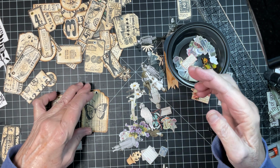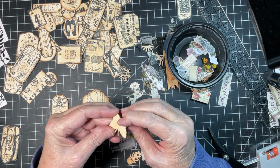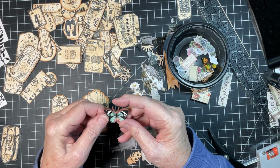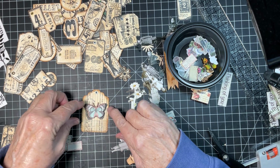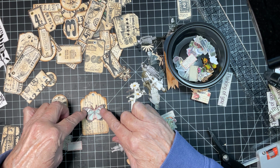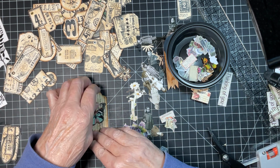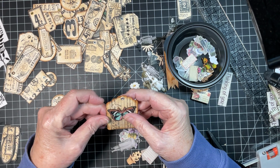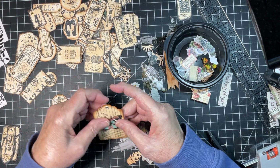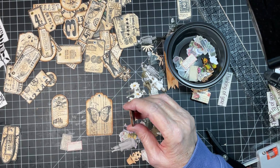Okay, so we've got this butterfly, and I came up with this. This is a chipboard. Oh, no, this is wood. Okay, this is wood. How would this look? Isn't that so cute? What do y'all think of that? Am I defeating the purpose? I don't think so, because I kind of think that's cute. You know what? Let's do it. And I think I'm going to do it with...